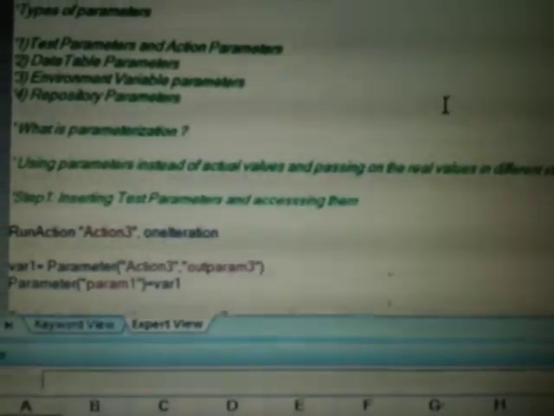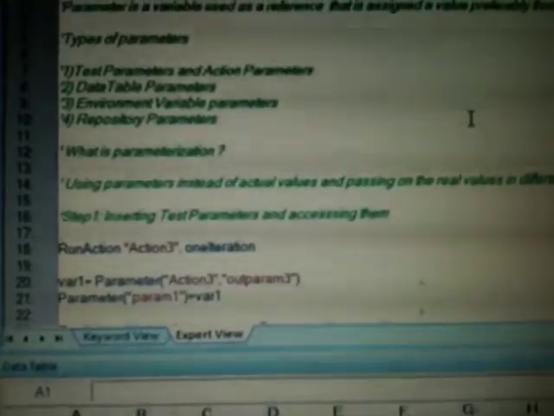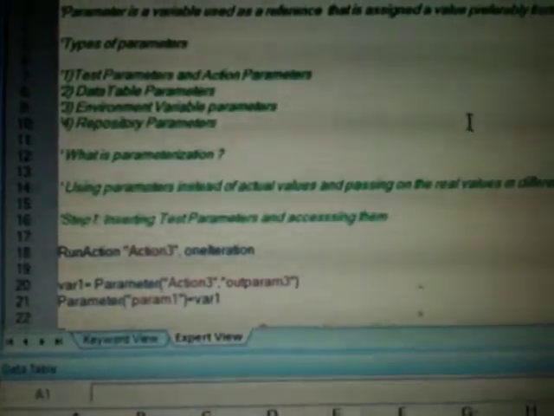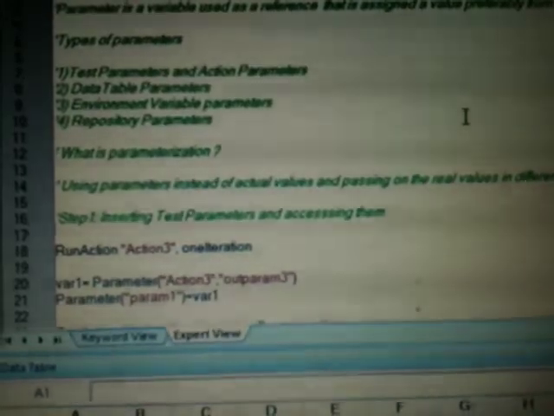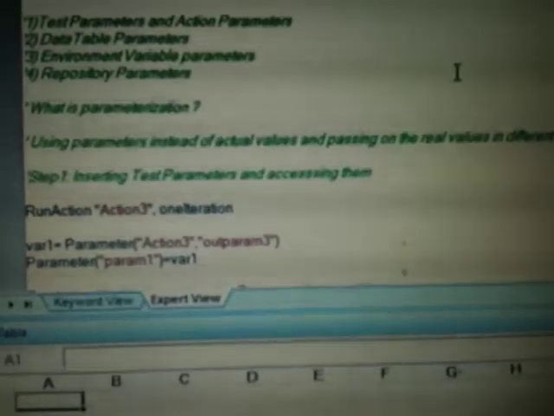Say, for example, x and y are 2 numbers for addition. If x is equal to 5 and y is equal to 4, then the addition x plus y is equal to 9. If x is equal to 10 and y is equal to probably 11, then the addition of two numbers would be something different. We will make an example right now when I'm dealing with data table parameters, and we will try to parameterize it.